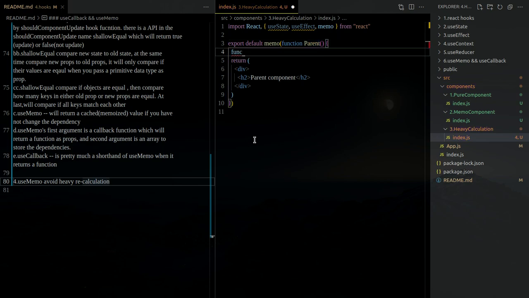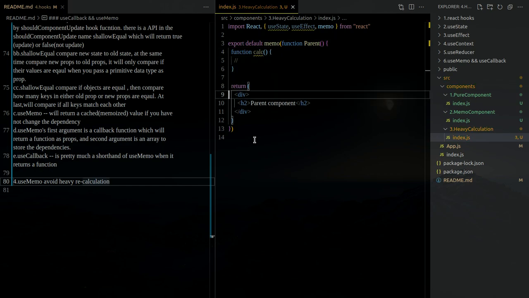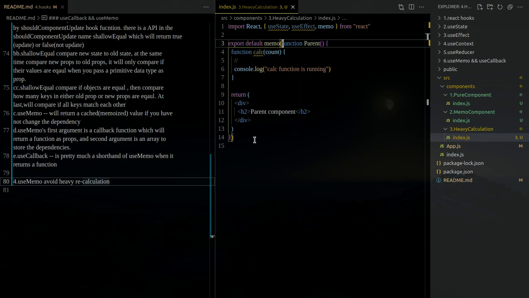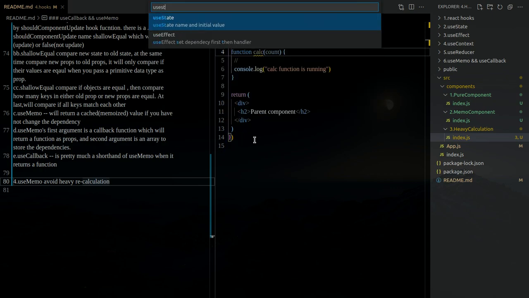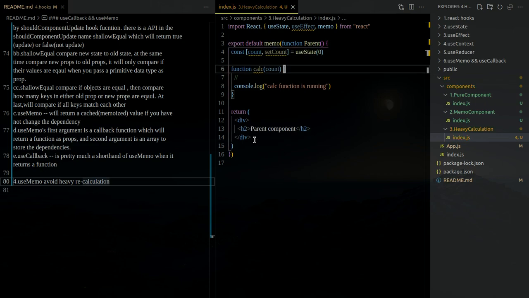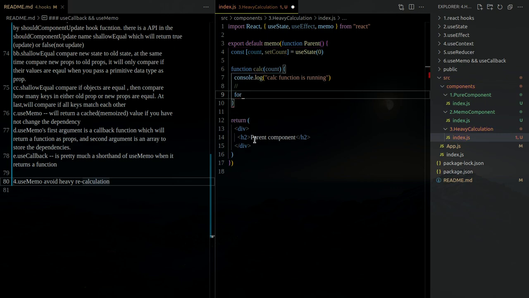So suppose I have a function here called calculate, and calc function is running. So what do we do inside of this? We do a heavy calculation here. So what is a heavy calculation? For example,